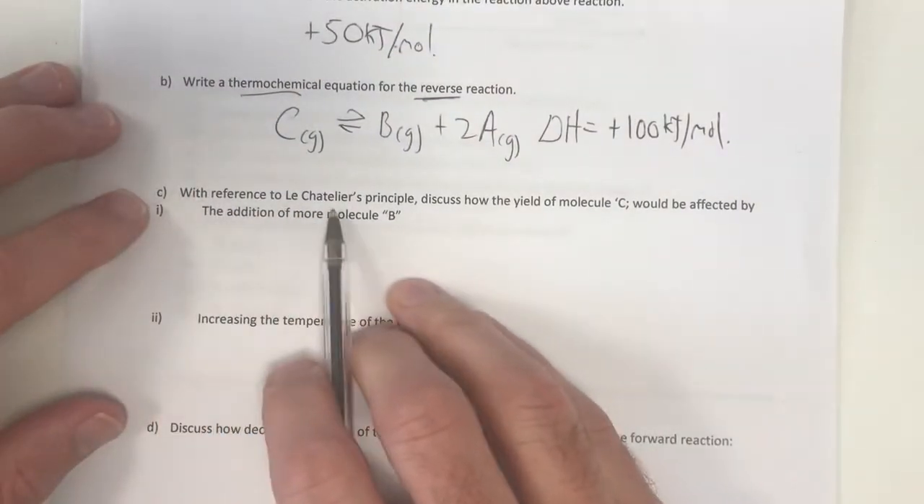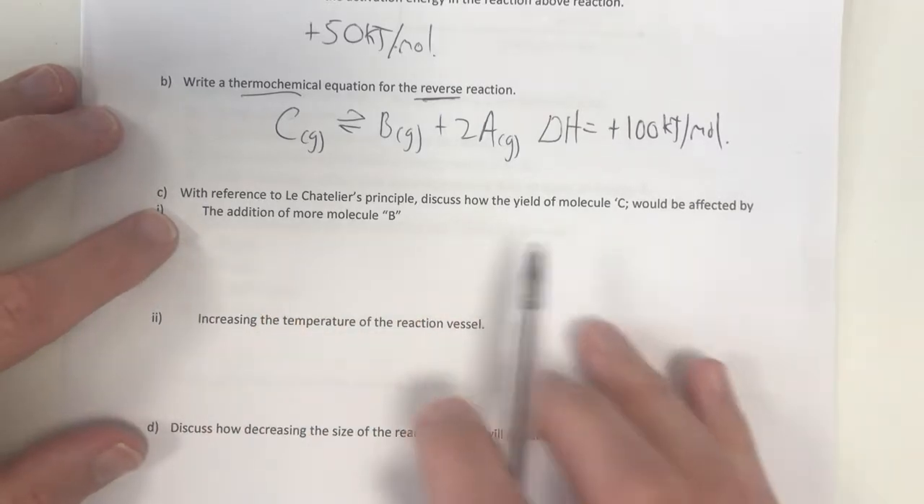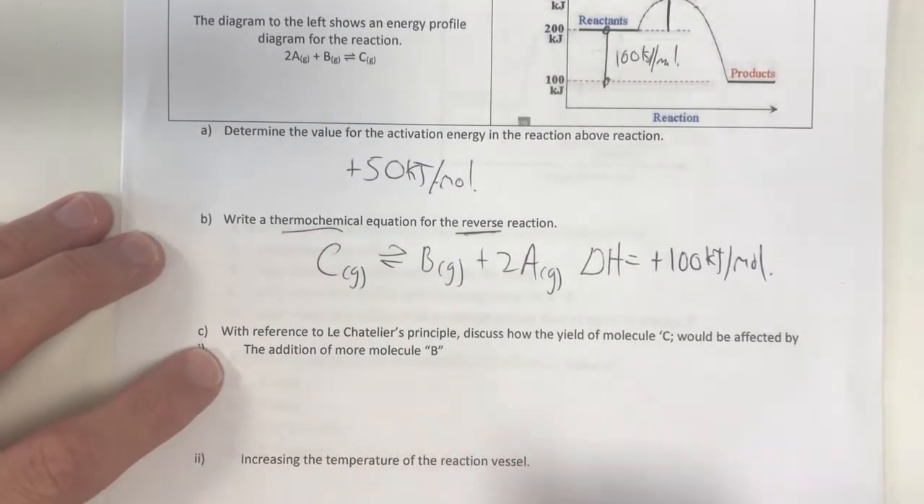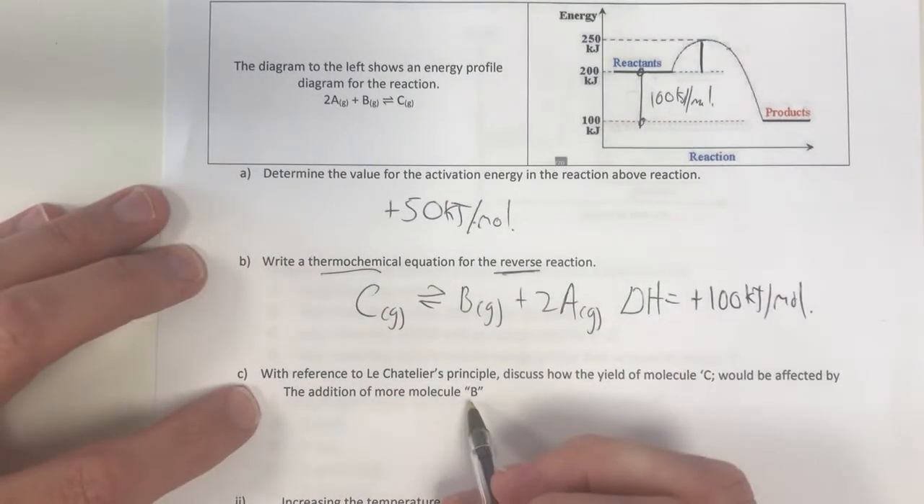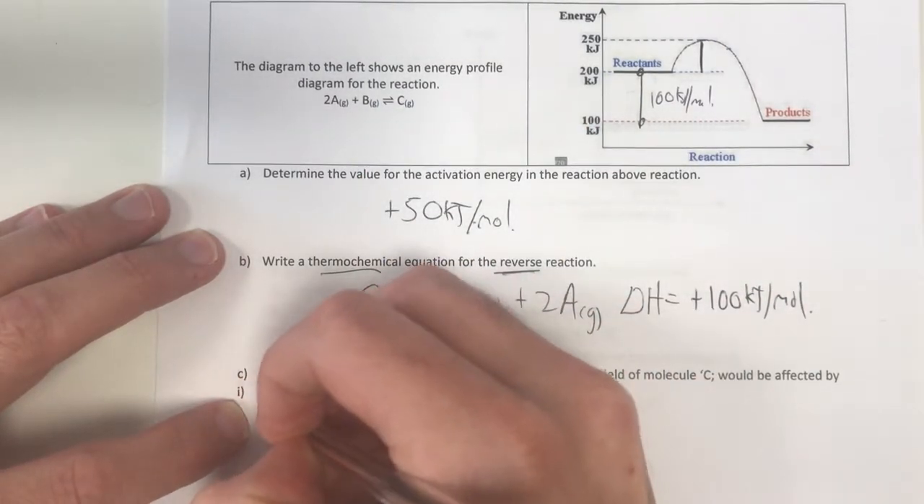With reference to Le Chatelier's principle, discuss how the yield of molecule C will be affected by adding more B molecule. So we want to find out how much C is being produced if we add more B. So let's go through our process here. Now what happens if I add B? Add B, that's adding a reactant. Addition